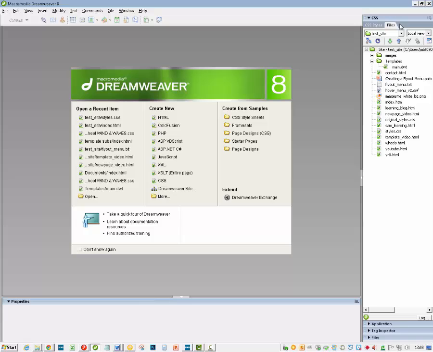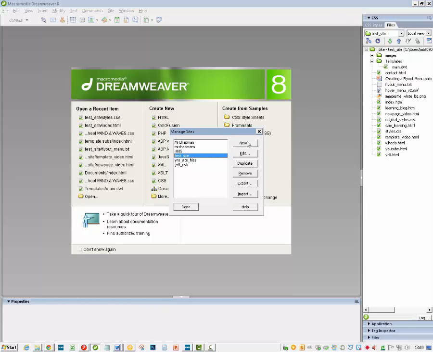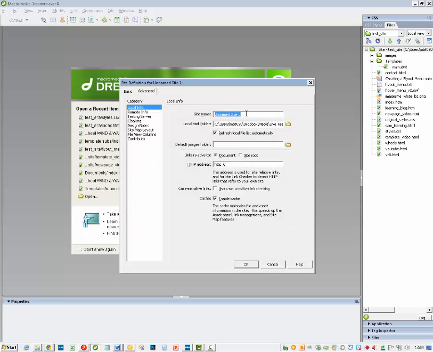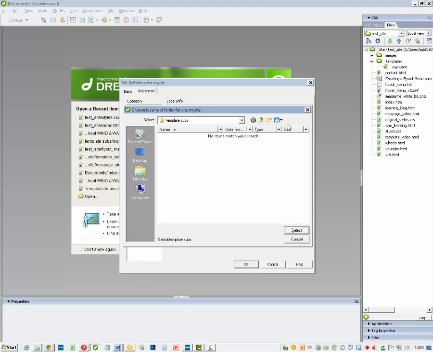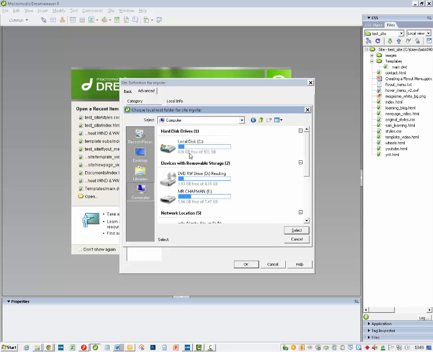Okay, this is a quick video on setting up your site and importing the two correct coded files. So I've already got a site here, but you'll have managed sites on here. So you click manage sites, click new and site, call it my site, click on the first folder, go into your MBS,